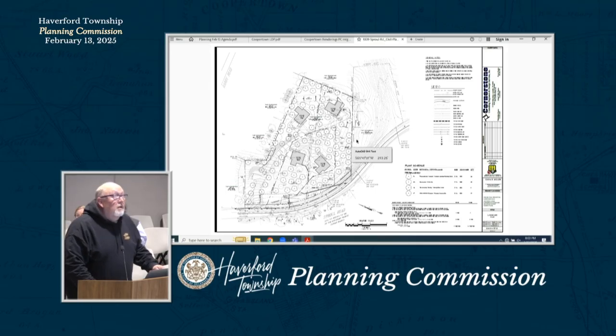Okay. But this is my property line right here, and I do have a 20 by 40 in-ground concrete pool, and there is a wall here that was just redone within the last 3 years. I have